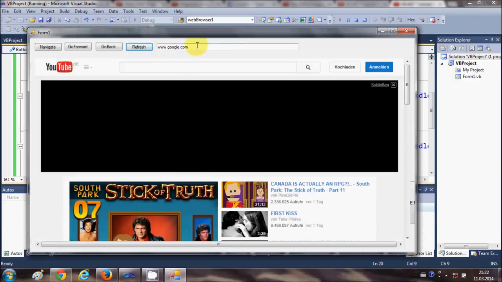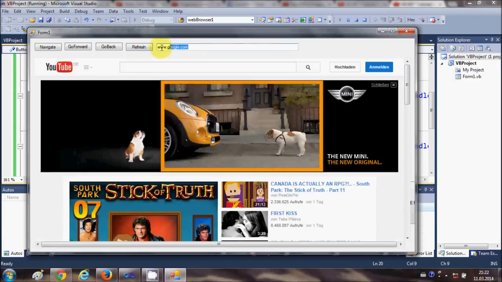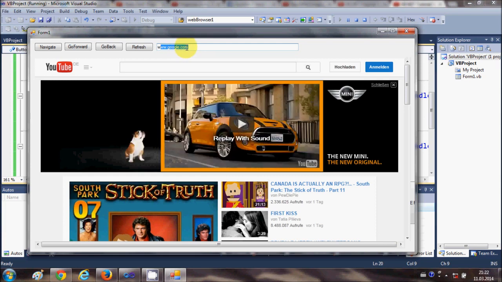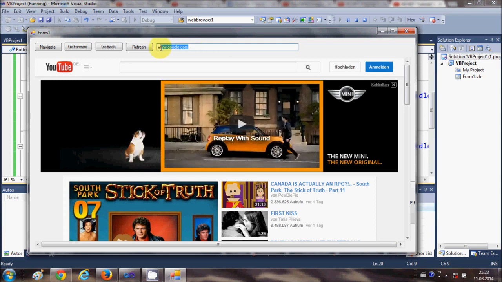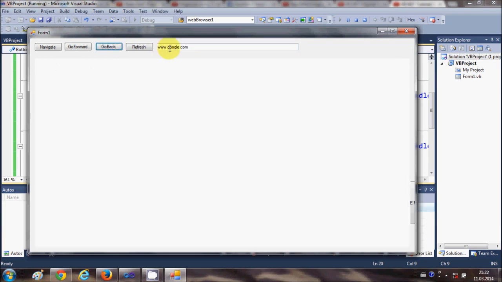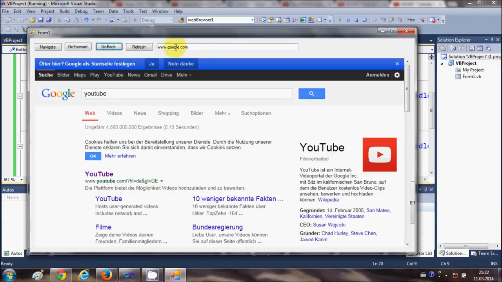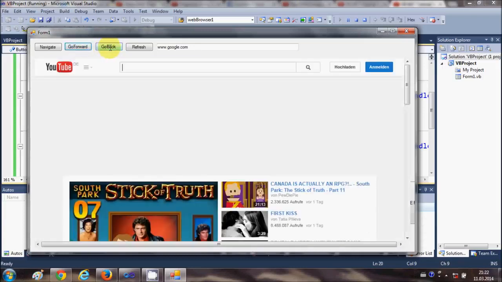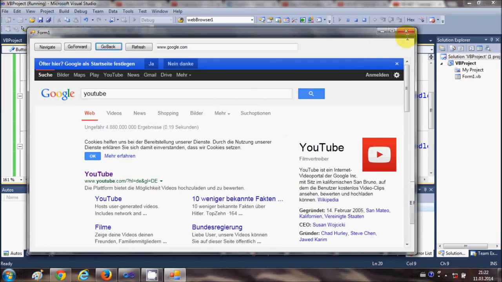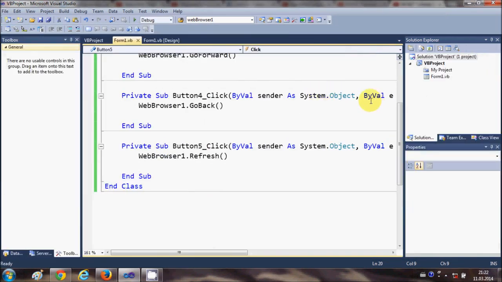One thing you will notice here is in this text box your URL is not changing when you are going back. It always remains www.google.com, and it's not changing according to our navigation of the website when we go back or when we go forward. This we can fix easily by